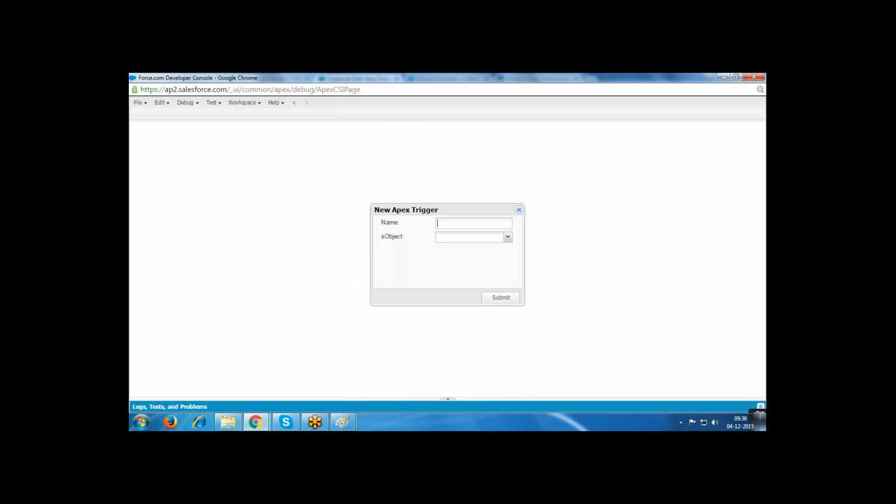Name is welcome customers trigger. And the object is, on which object you want to write. I want to write it on the customer object. Then select the customer.